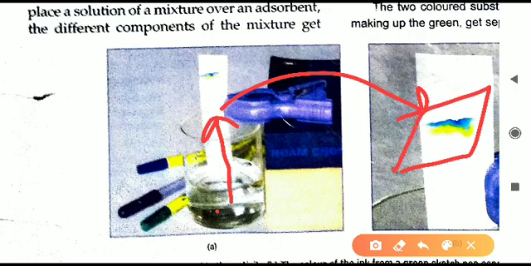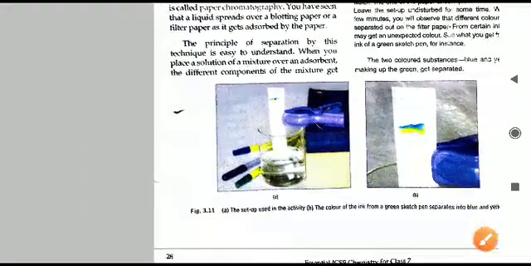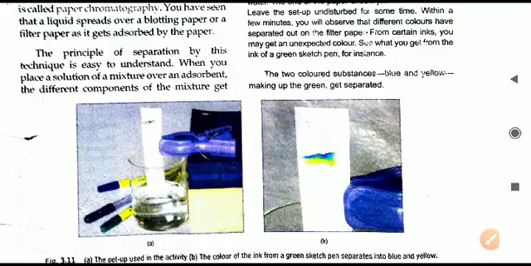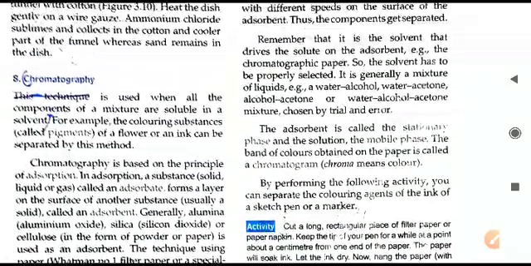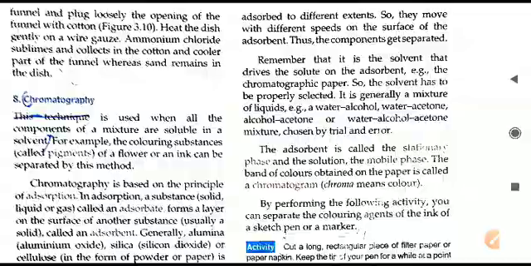Why are they able to separate? Because of their ability to move upwards. Some of the pigments are able to move faster, some of the pigments are able to move slower. So due to that difference in their ability to move upwards, they will separate from each other. The one which is moving forward will be easily visible here. Here you can see different colors. They are the colors of the same pigment of the same ink. So same color ink is obtained by the mixture of different substances, and all of them can be separated by this method. So this is how it is done.